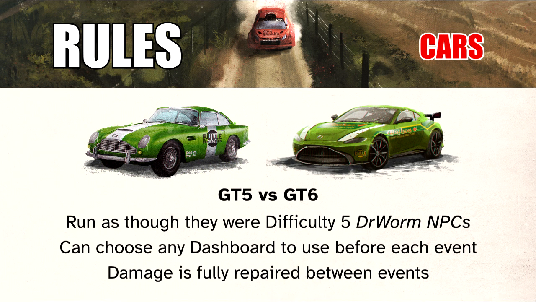An elegant country needs to be seen from an elegant car, and it's the Aston Martin looking GT5 and 6 that will be competing against each other on this auto tour. For the sake of getting through the tour in a timely manner, I'm going to run each as though they were difficulty 5 NPCs, and before every event they are able to choose whichever relevant dashboard they like the look of. Any damage taken is considered to be repaired in between events,